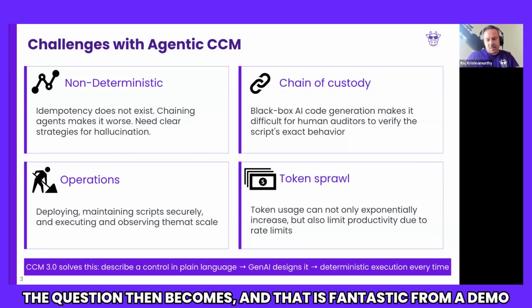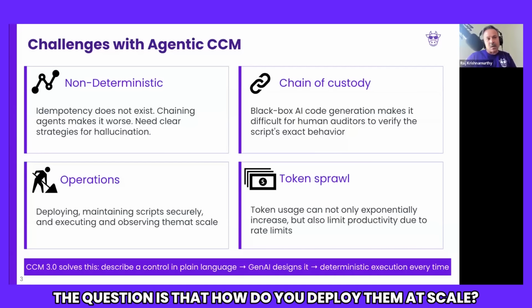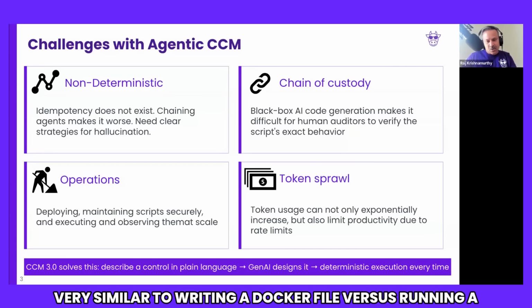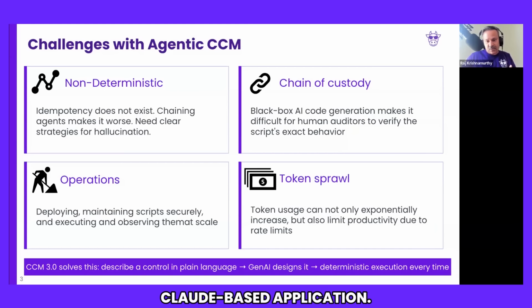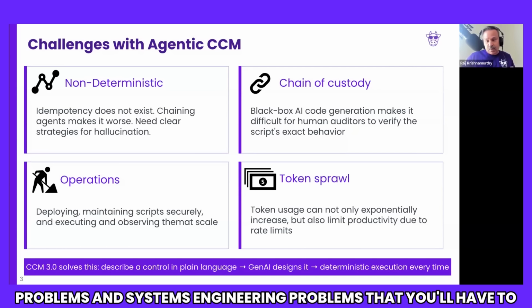The question then becomes, and that is fantastic from a demo perspective, right? We can quickly demo something. The question is, how do you deploy them at scale? And the argument that I would make is very similar to writing a Docker file versus running a cloud-based application. Very different set of ideas, right? Because at scale, you get into a whole bunch of distribution problems and systems engineering problems that you'll have to